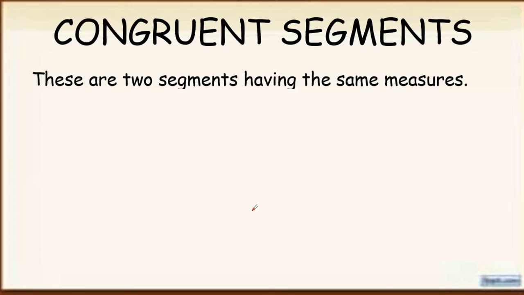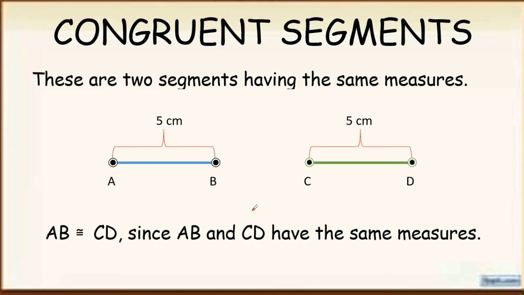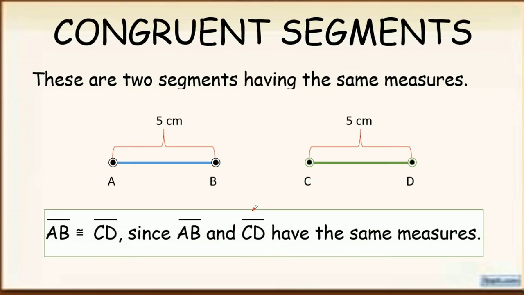Okay, next. Congruent segments. These are two segments having the same measures. So let's say we have here segment AB and segment CD, and the measure of segment AB is 5 centimeters, and the measure of segment CD is 5 centimeters also. Therefore, segment AB is congruent to segment CD, since segment AB and segment CD have the same measures. Okay, next,